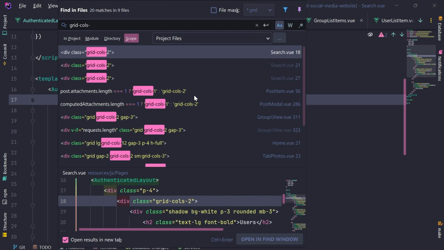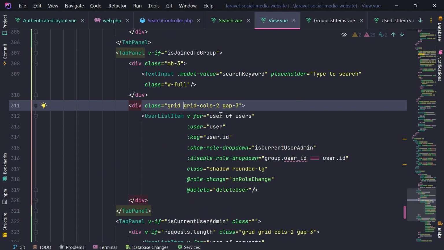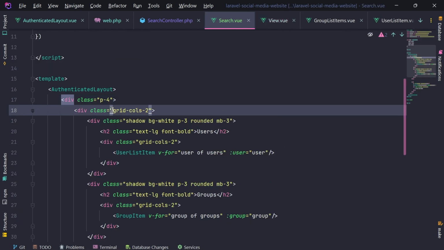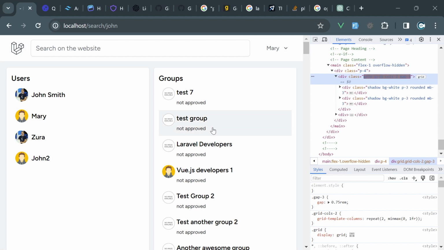I have it used inside group view, for example, when we display. This grid is missing. We need grid and grid cols 2. Now we're talking. Let's give it gap 3. Okay,